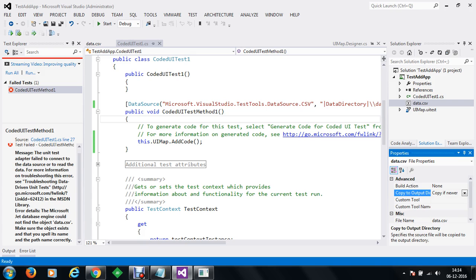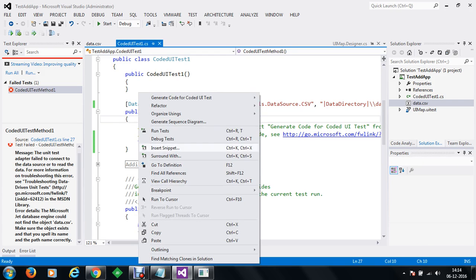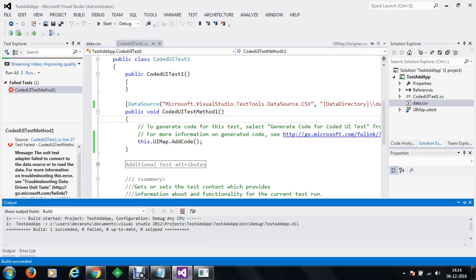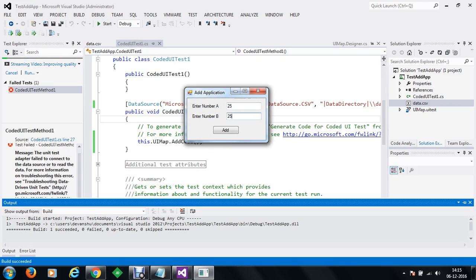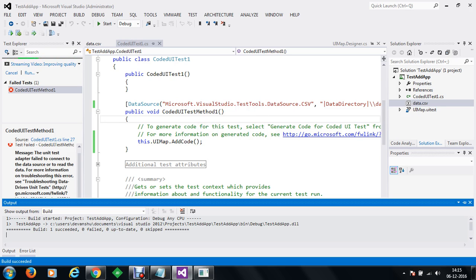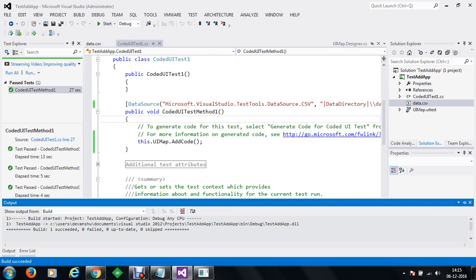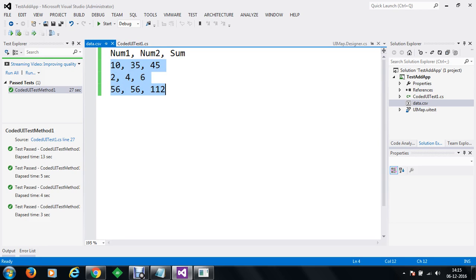So once we have done this, now if we test, then you can see that data will be connected and automated tests will be performed. This time the number of iterations will be, this is the first time it is clicked, now this is the second time the test has been done, and this is the third time automatically the test is done. So this is done three times because we have three individual rows in our data set. But you can see that these values were not used with our automated test.